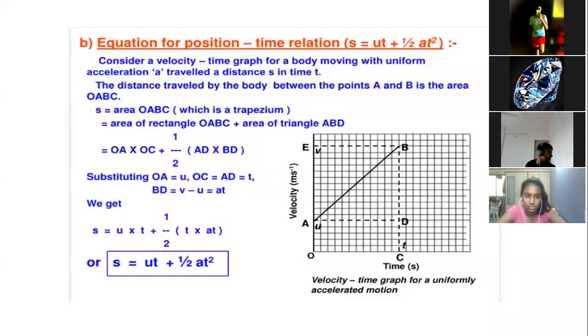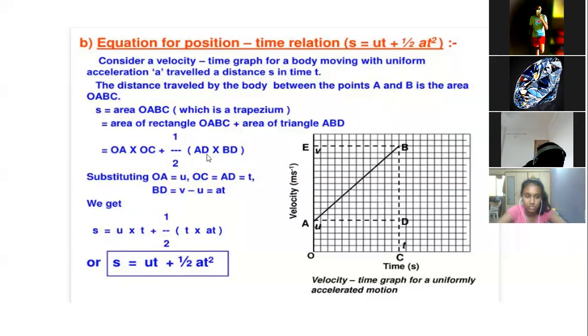So for that, Newton derived a distance equation using the same graph. Can all of you see the same graph there? Okay. So what he has done: on the first day when I started with the distance time graphs, I told you one important factor, that whenever you have to find distance from a graph, you have to find the area under the curve. If you remember the distance time graph, I explained to you where you have to find the area under the curve. Here it's a velocity time graph, but we have to relate it to distance, that is s. Small s is the term for distance, height, and all those cases.